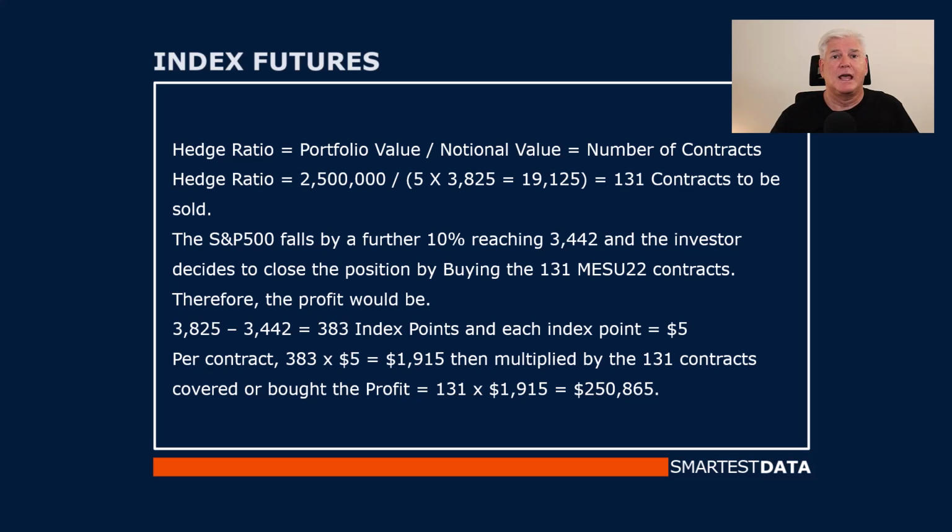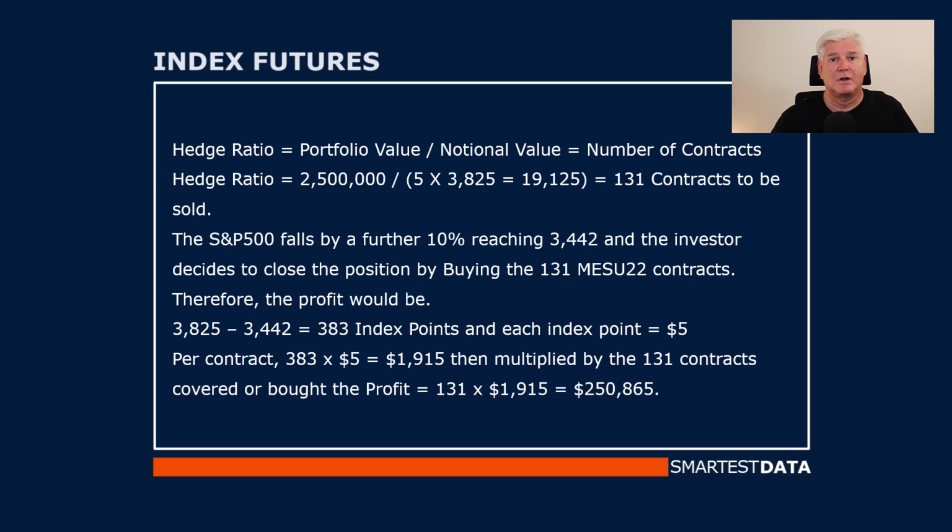The S&P 500 falls by a further 10%, reaching 3,442 and the investor decides to close the position by buying the 131 MESU22 contracts. Therefore, the profit would be 3,825, the original index starting position, minus 3,442, the closing position, equals 383 index points. Each index point equals $5 per contract,